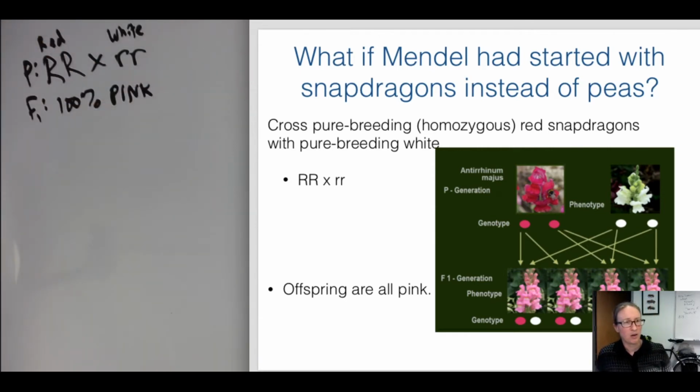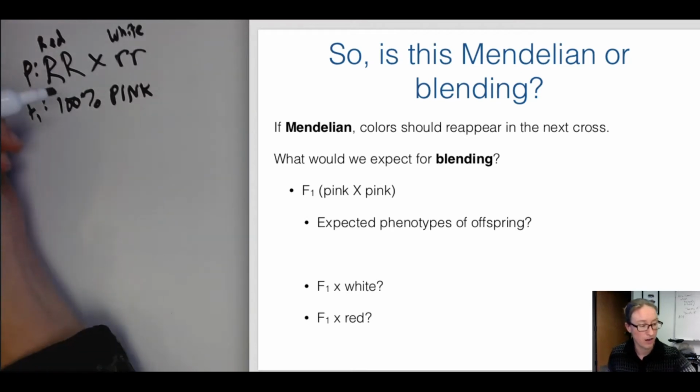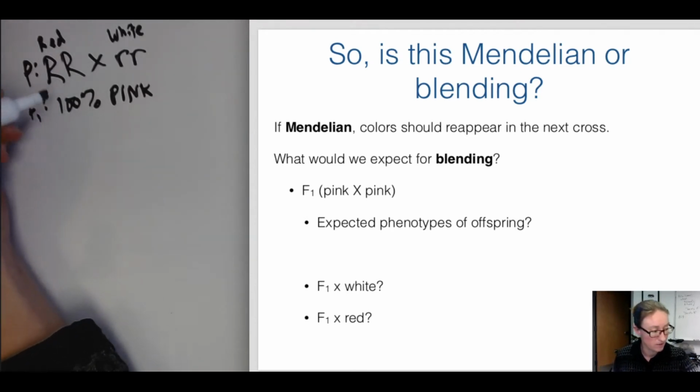Okay, so what happened here? Is this blending now all of a sudden rather than Mendelian inheritance? And so here again, this is one of these cases where it will be helpful to see what happens in the next generation, right? So if we now cross pink snapdragons with pink snapdragons,